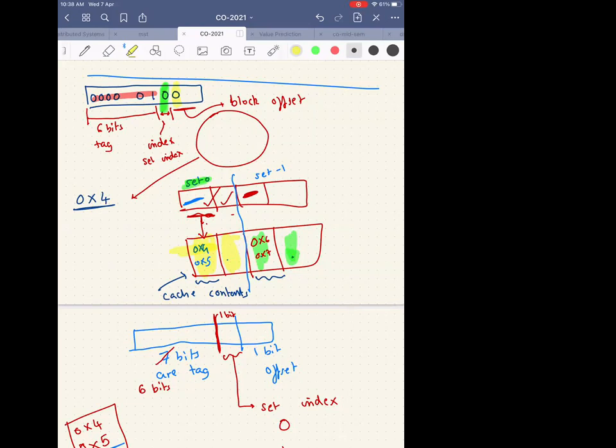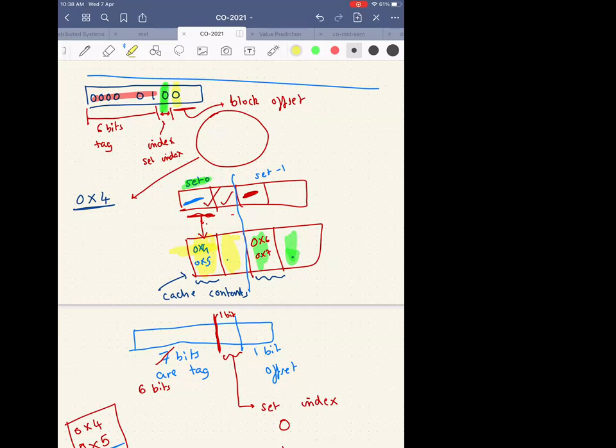Suppose you took the leftmost bit as your index bit, and you tend to access contiguous memory locations. The leftmost bit will be the same for contiguous memory locations. So you'll have more collisions, and this is why it's not a good hash function. Yeah, I understood that. But when you were saying tag, index, and offset, were you saying the order of searching or the order of arrangement?